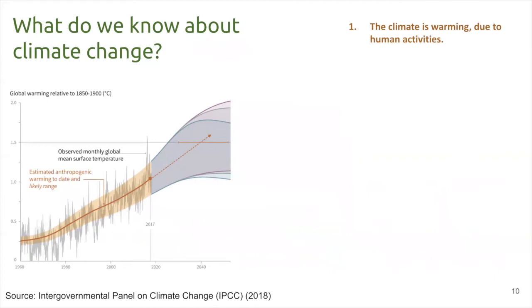On the x-axis of this diagram, we have year, in this case going from 1960 to the future. And the y-axis has the amount of global warming that we see relative to the pre-industrial period, so 1850 to 1900 roughly. You'll notice in 1960, we had an above zero amount of warming, and that this has continued to go up. In approximately 2020, where we are now, we have about a degree of warming already, and this is caused by human activities. So basically the takeaway here, which you can read on the slide as well, is that the climate is warming due to human activities.